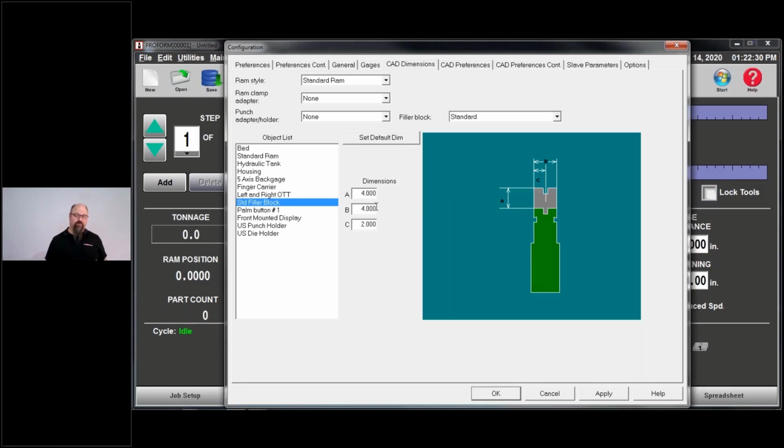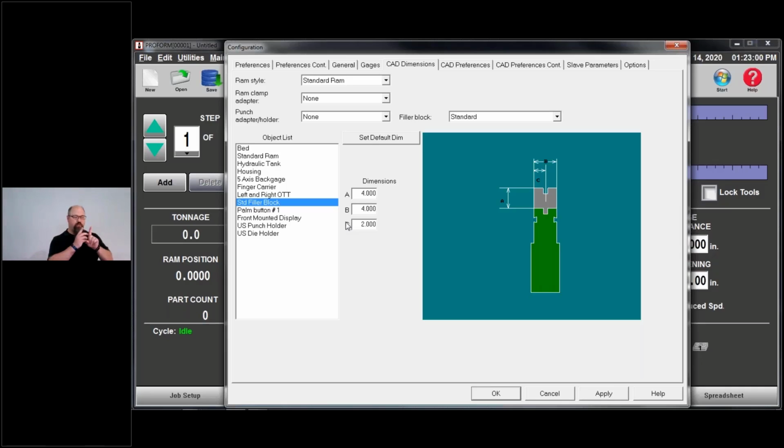That A value is the actual height, vertically, of the filler block itself. Now, what I have found is the B and C dimensions do not affect bending. The machine does not care how wide that filler block is for the purposes of bending metal. It does, however, affect the way the bend simulation software, the offline software, will try to look for interference.